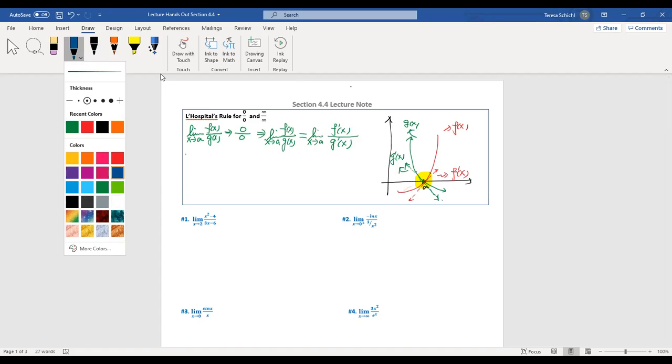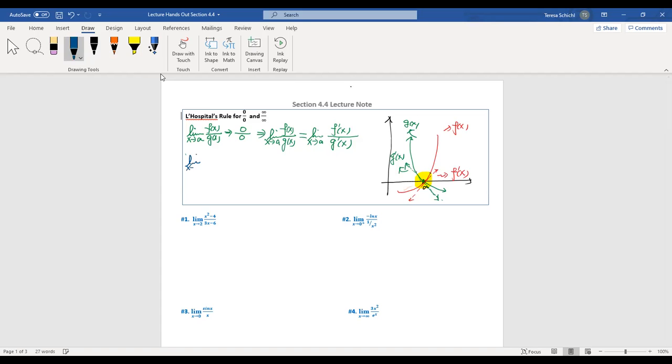Okay, so how about if you have a limit as x approaches A of f of x over g of x, and they both go to infinity over infinity? Then you say, oh boy, what can we do? Then based on the same idea,